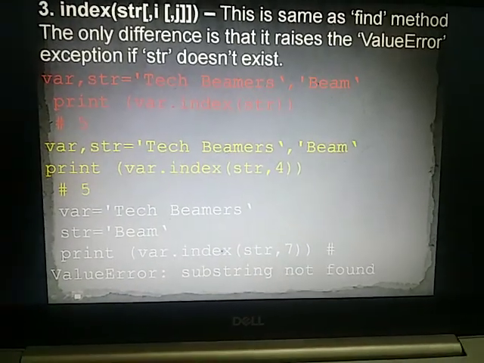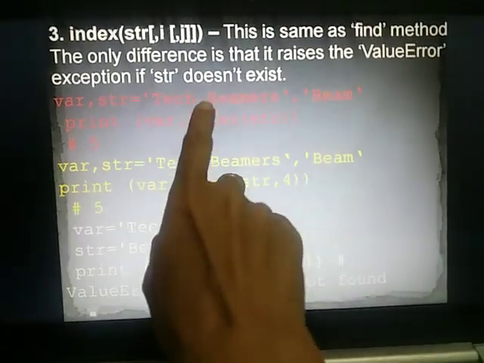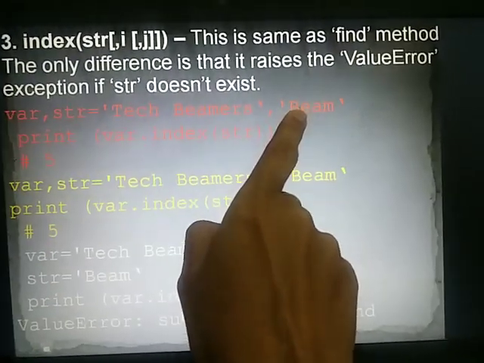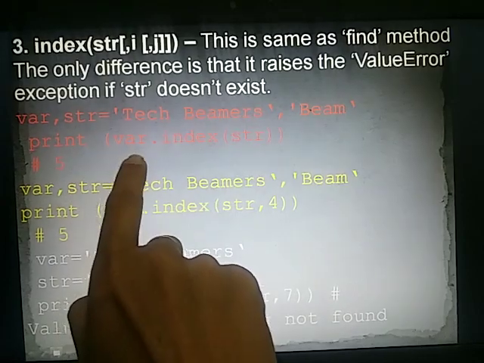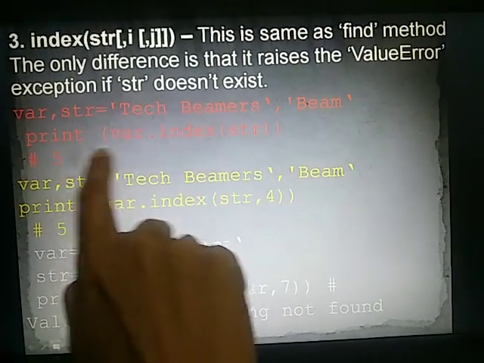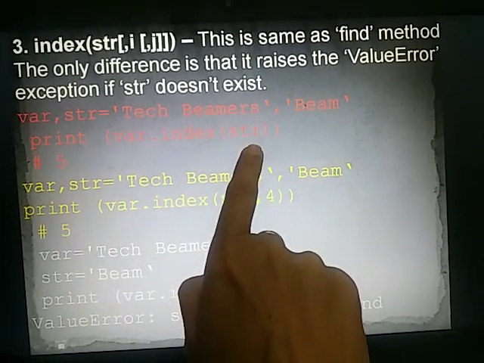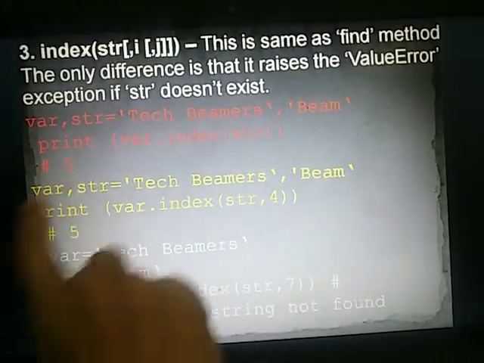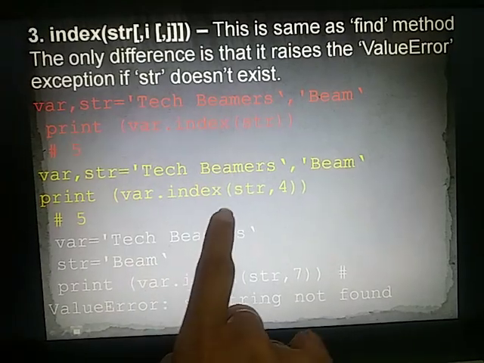Okay, now as we are giving variables, the first value will move into the first variable, the second value will move into the second variable, and then we are using print var.index of str, that means beam. It is present on the 5th index number, that is why it is giving 5.